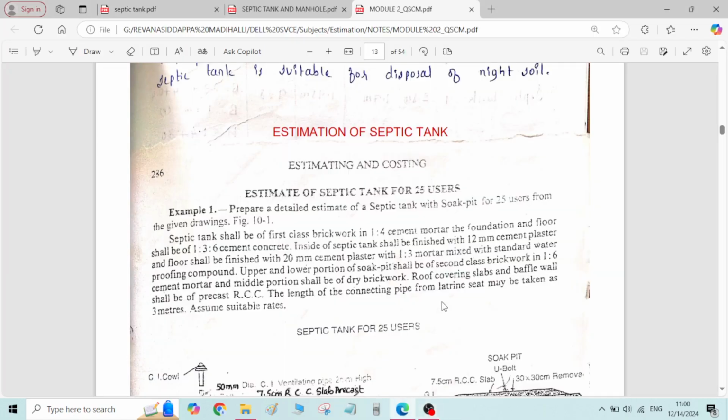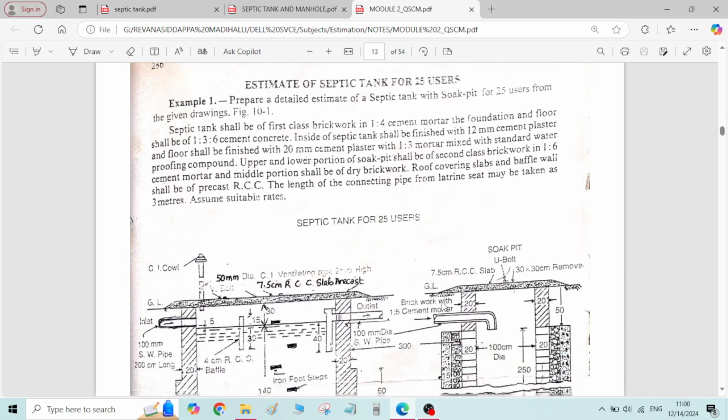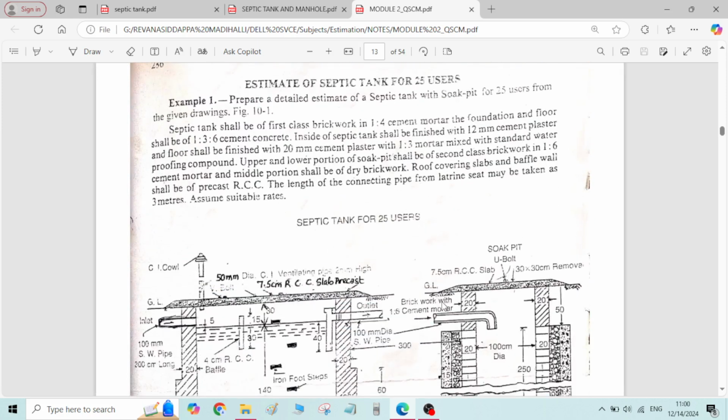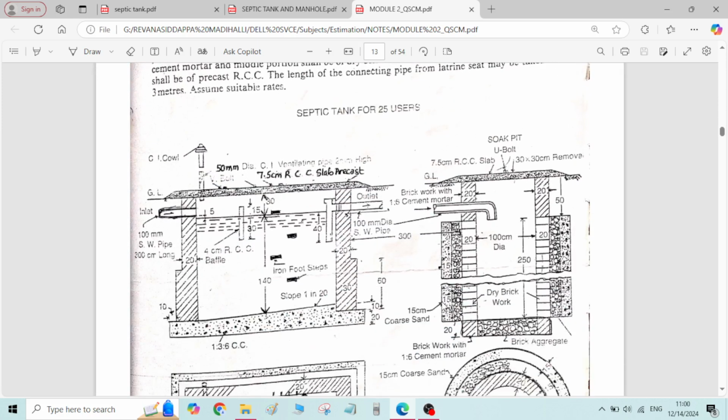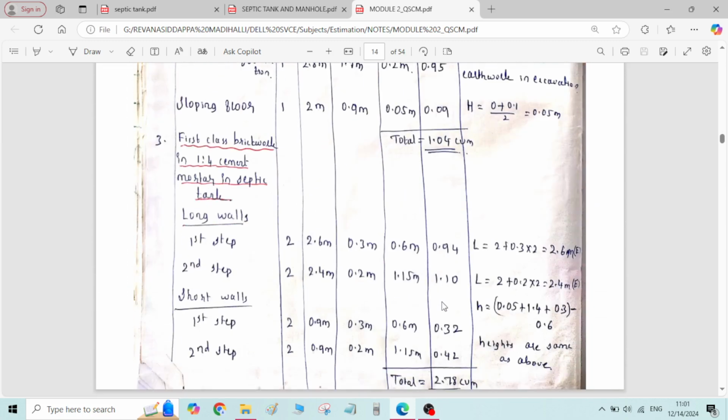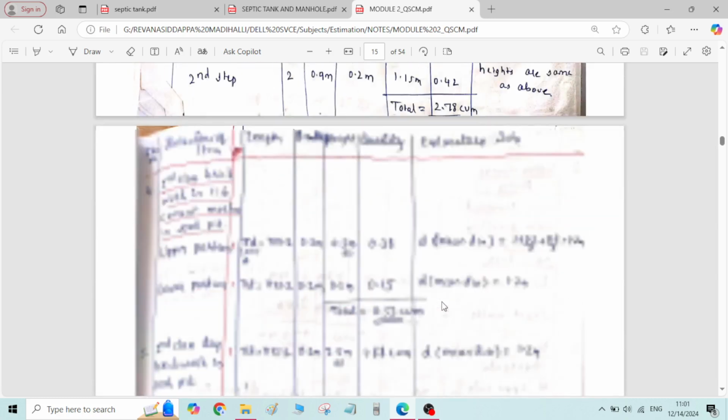Hi everyone. In this video, we will do the estimation of septic tank and the soak pit. We all know that the septic tank or the soak pit are structures which are used to treat the wastewater which is generated from household activities. So in this particular video, we will do the complete estimation of the septic tank as well as the